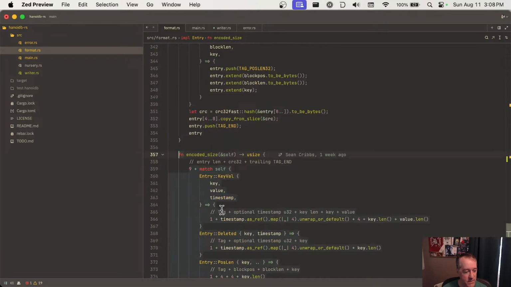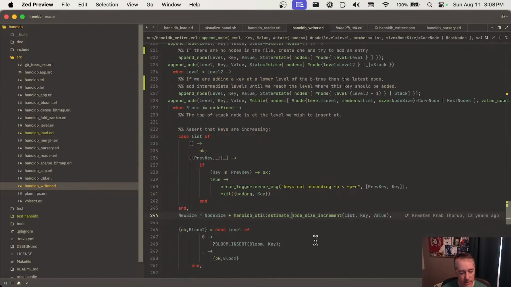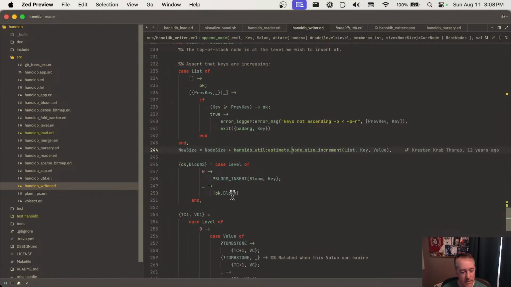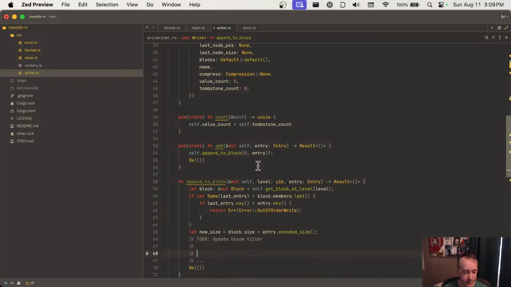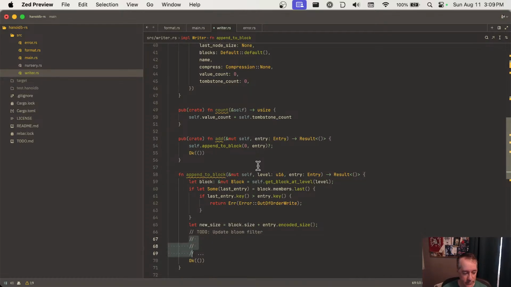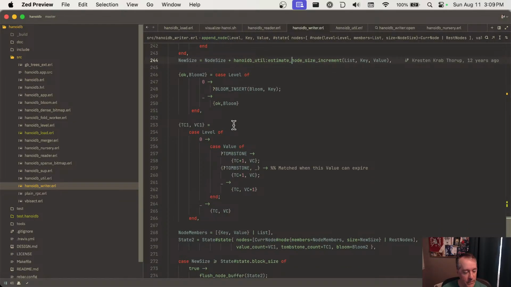Honestly, I'm making things harder on myself by just doing all this pub crate everywhere. Encoded size, right? Okay, so now we can estimate that. We are going to skip the bloom. So to do: update bloom filter. Okay, and then